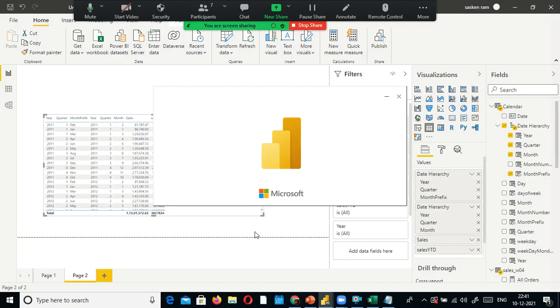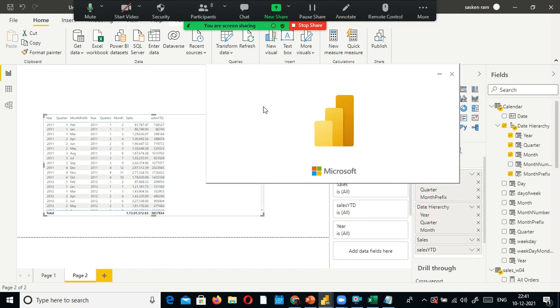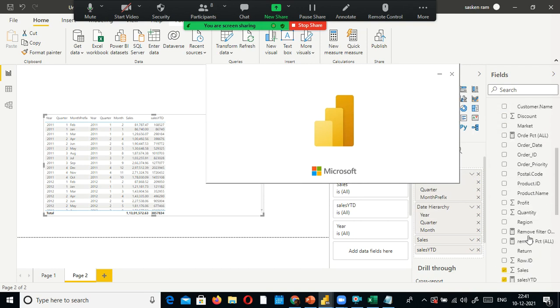Maybe because I set it as a date in the calendar in the data model, right? It is not giving the date. So quarter 1, 2 for this one, and 3 it shows, and sales year to date. One second, let us go and check the measure for sales year to date.